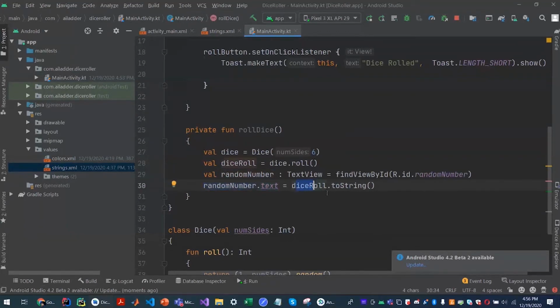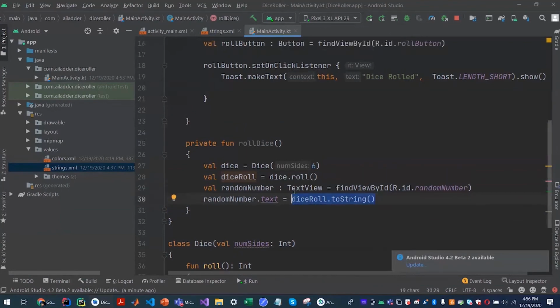This toString method is to make sure that because we get an integer here, we're converting it to a string. In Kotlin and in many other languages, there are certain types that you can switch between. It's called typecasting. So Int and String are interchangeable types. Hence, we've used this method to convert the number to a string.